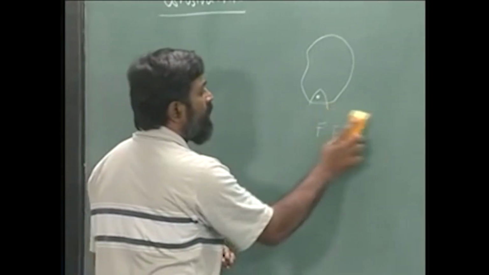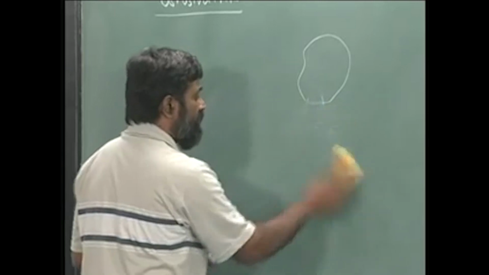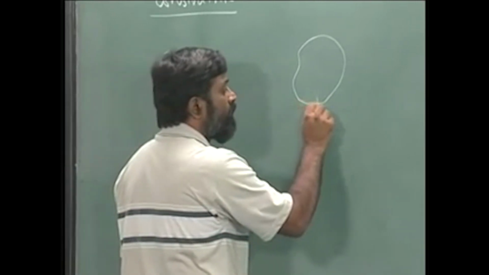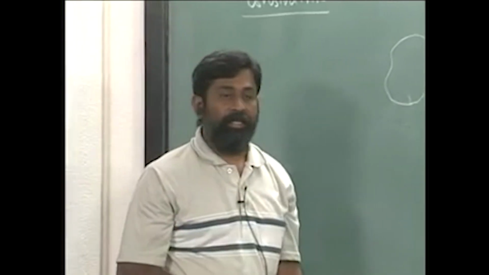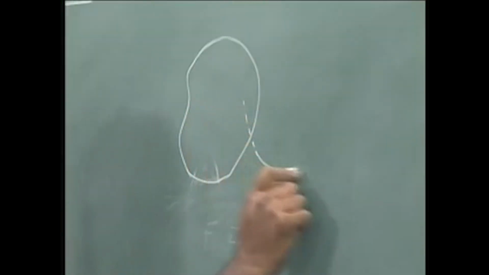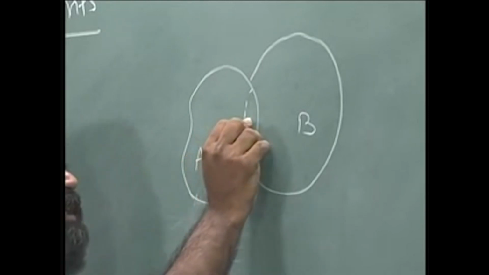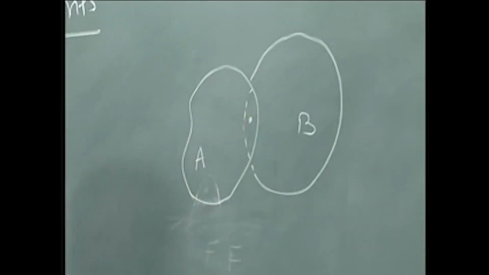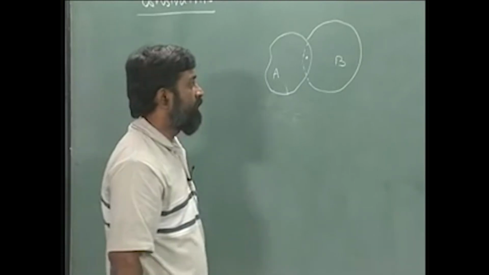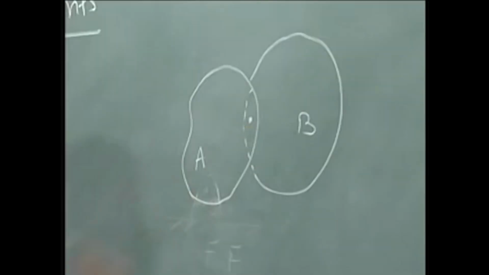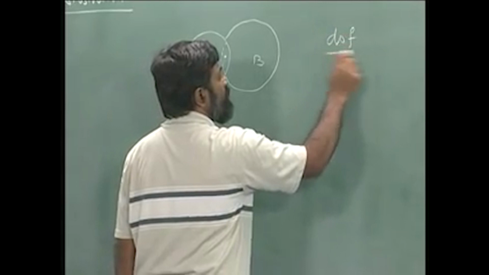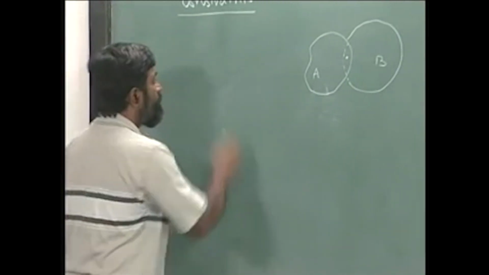Instead of doing this, supposing I have something like this. I am just going to start with some certain examples and then go on with understanding it properly. Supposing I have two rigid bodies A and B, and they are connected to each other by a single pin over here. It is pinned like this. One of the ways to find out the degrees of freedom pertaining to this system of rigid bodies A and B